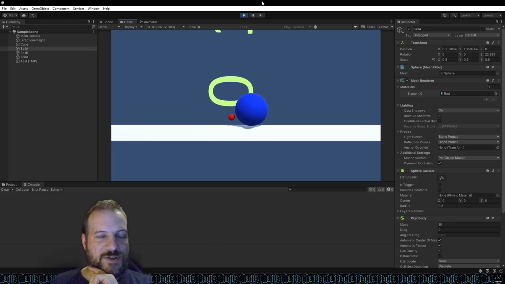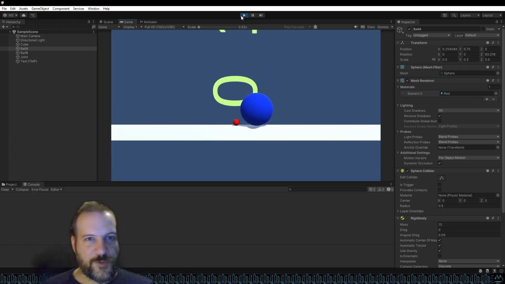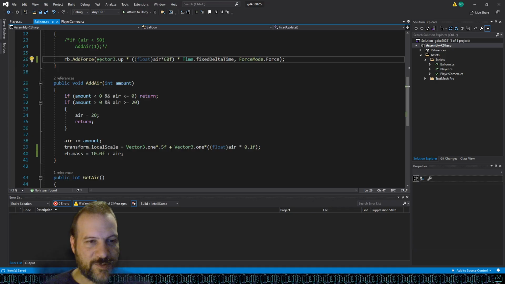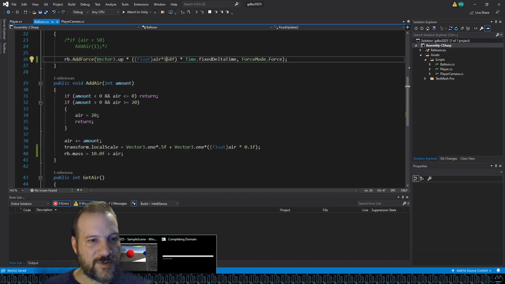Yeah, because it's getting more mass now that it made it. Goes from 10 to 30. So it can no longer